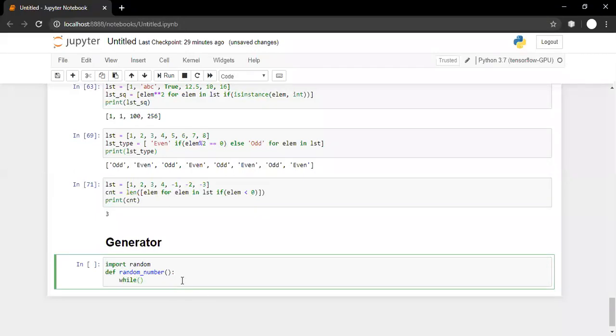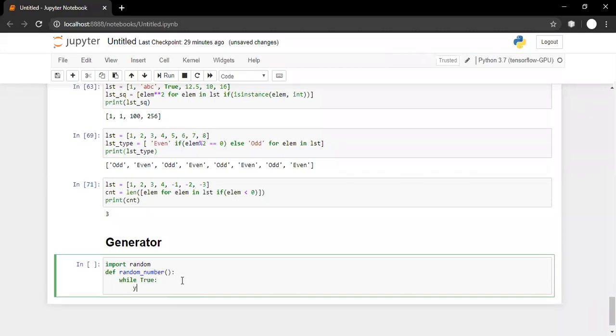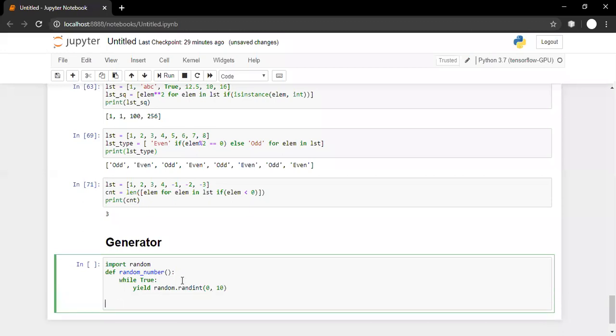Inside this function, I'm writing an infinite loop, while True, and I'm going for yield random dot randint, to generate a random integer between 0 and 10. Class, observe it very carefully. This is an infinite loop, meaning it will keep on running.